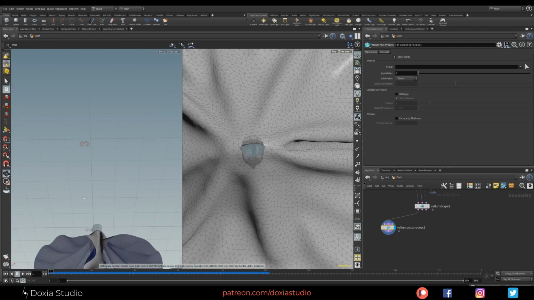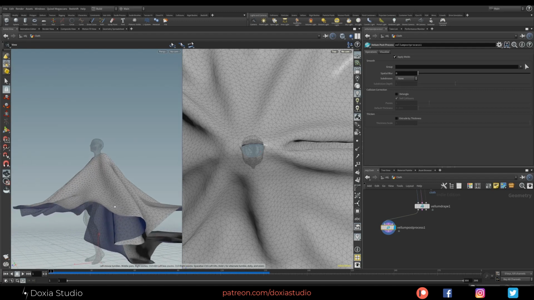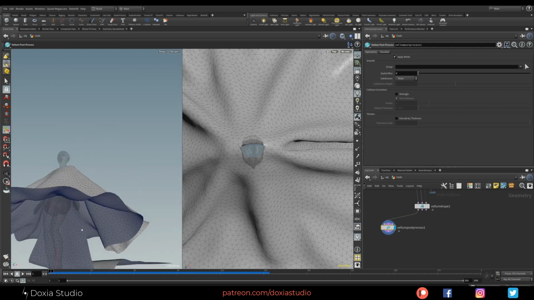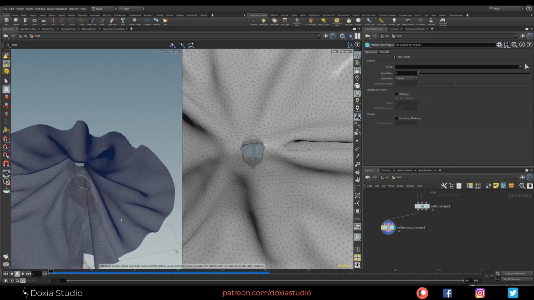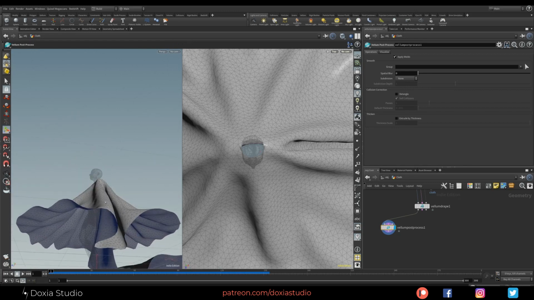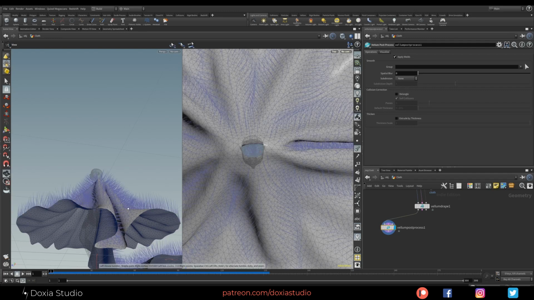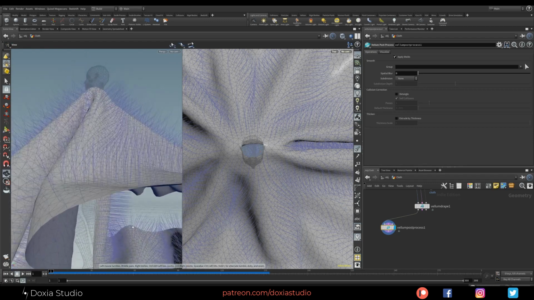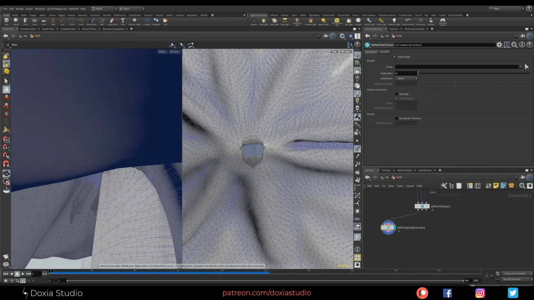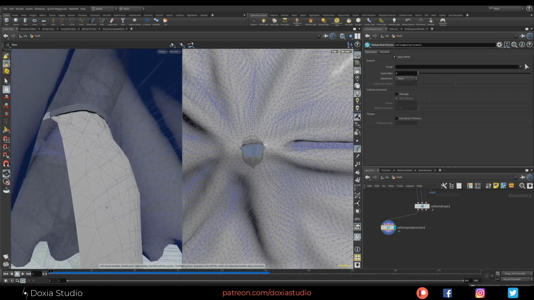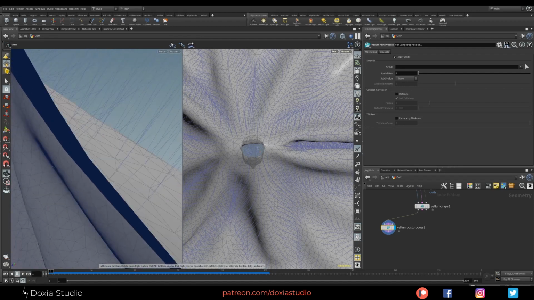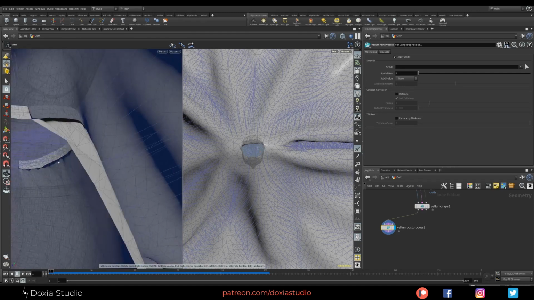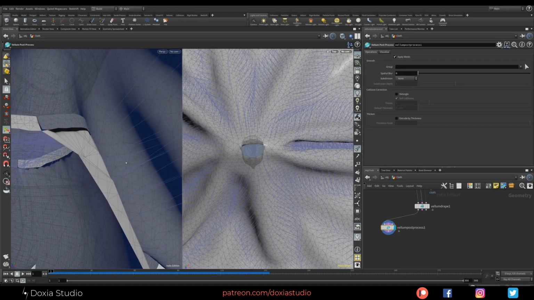One other thing that is wrong, you can see that sometimes our faces are white and others are blue. This is one way to see the normals of our cloth. If we turn this on, we can see that our coats have the right normals, the skirt too, but if we check the belt, you can see we have a few problems. The back belt has the normals wrong, because we are just transforming and not flipping the normals.